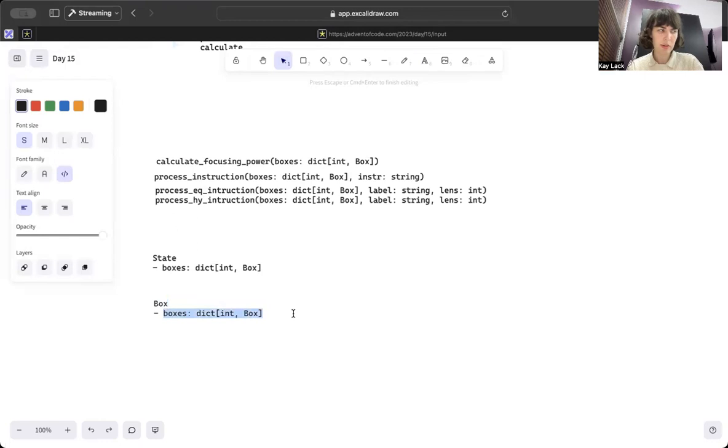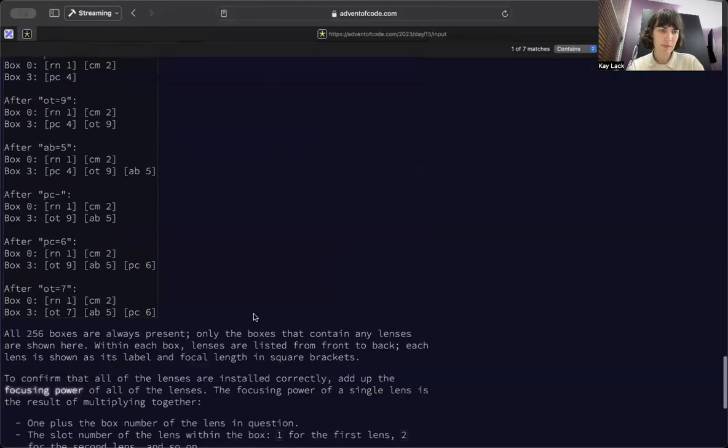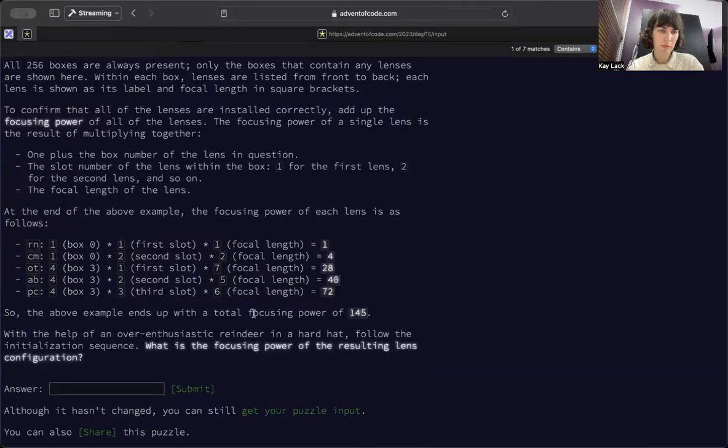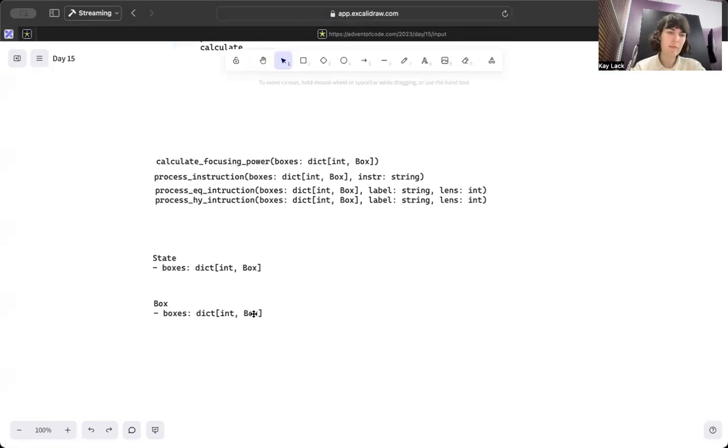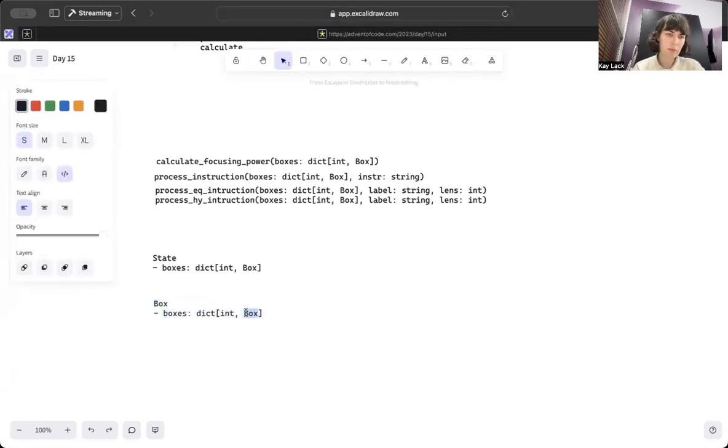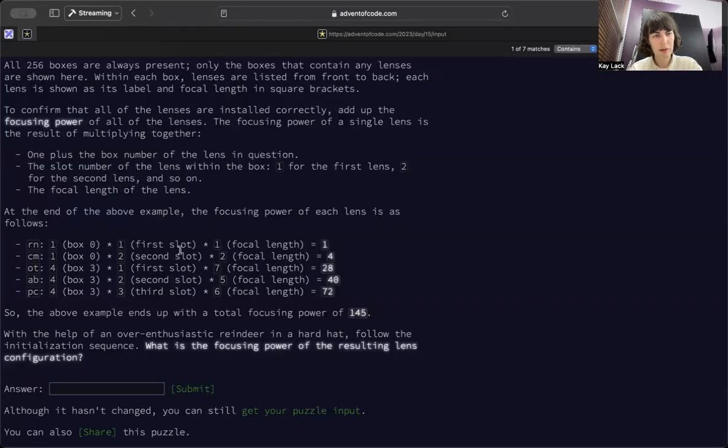Box is basically a list, right? These are probably kind of trivial, really, but I think they might help me not make any mistakes. And this is going to